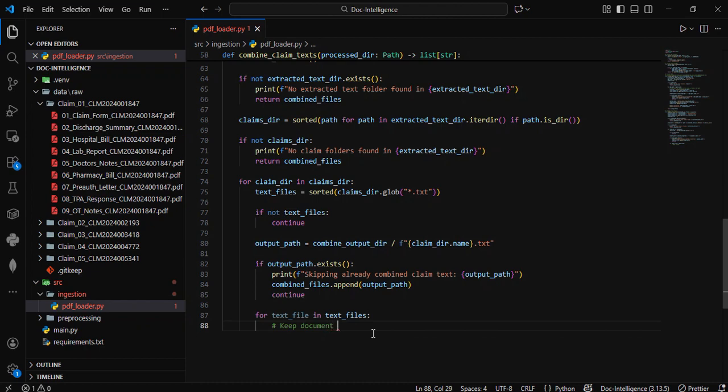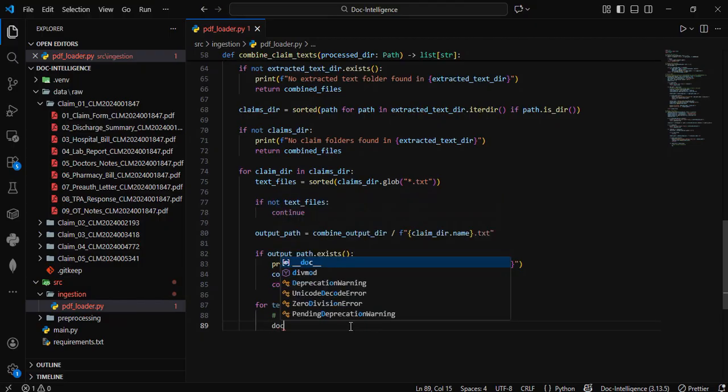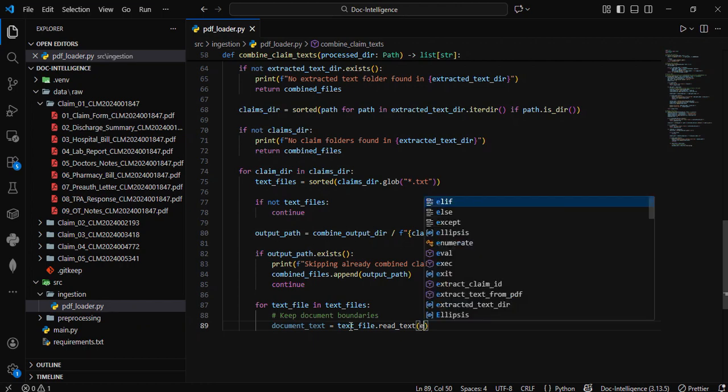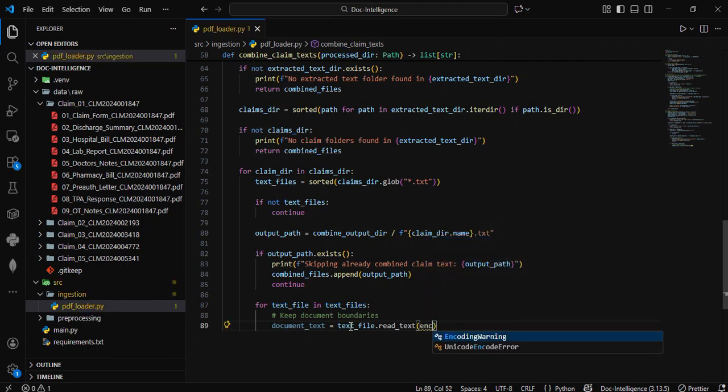So let's say we have here, you can see that there are 9 different files, which we are trying to combine into one text file. So we should be having some kind of separator in place so that we can identify which one is which, right? So that is what I'm doing. First of all, having this document text, let's call it this way, and let's read this text file, and you're going to read that text, right? And with that text, obviously you will be supplying here,